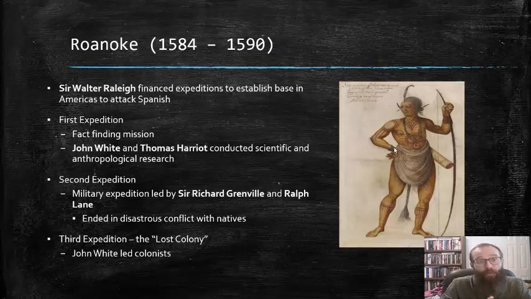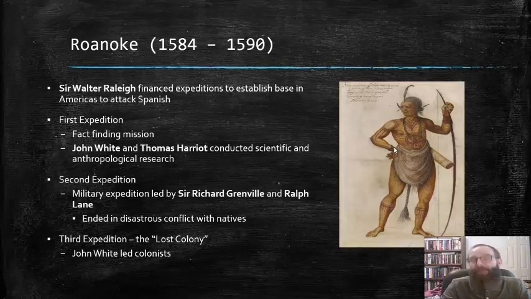Now, the second expedition was a military expedition led by Sir Richard Grenville and Ralph Lane. They really had tried to establish a permanent fort on Roanoke from which they could launch these privateering expeditions that I previously mentioned. Now, this second expedition ended in disastrous conflict with the natives. The English accused one of the native villages of stealing one of their silver cups, which resulted in the English attacking the native village, and of course that resulted in retaliation and some back and forth violence, and really the